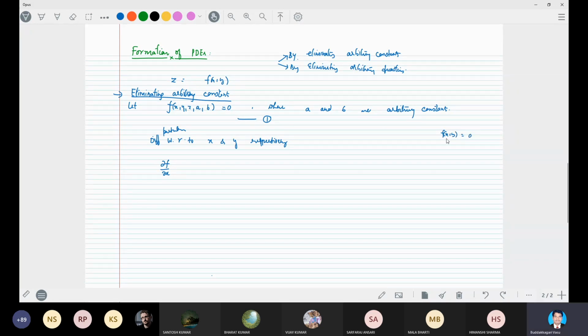What is the derivative of f with respect to x? Y is a function, right? Total derivative with respect to x. Hello, are you remembering the partial differentiation? Yes, sir.